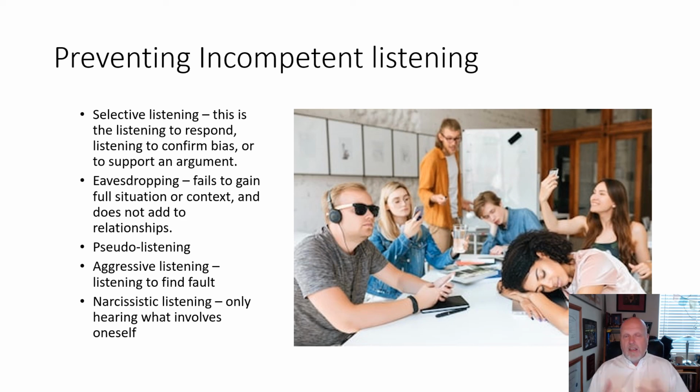Eavesdropping. Eavesdropping is hard not to do. We've all been in that social situation where someone's saying something next to you and you're like, whoa, I can't believe I'm hearing this. Eavesdropping, however, isn't a good form of communication because we don't know the context. We don't know the full story, and it's hard to make a judgment off it. Pseudo listening, this is the fake listening, you know, where, yeah, yep, oh, I see, oh no, and it's the case where instead of listening, we're just pretending to listen to keep things smooth.